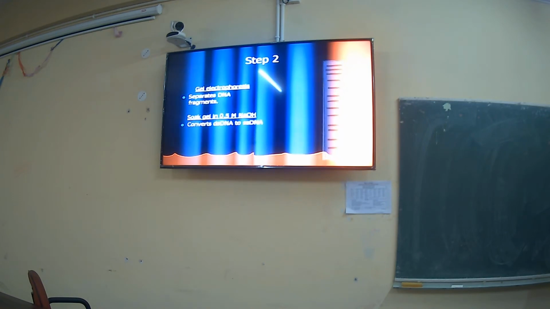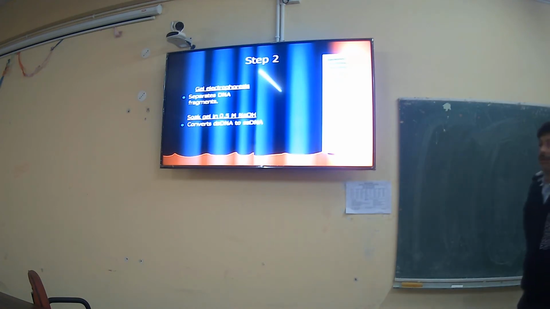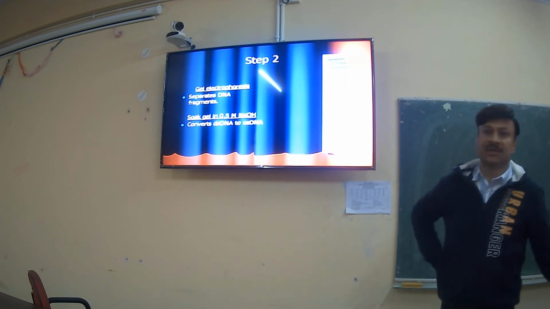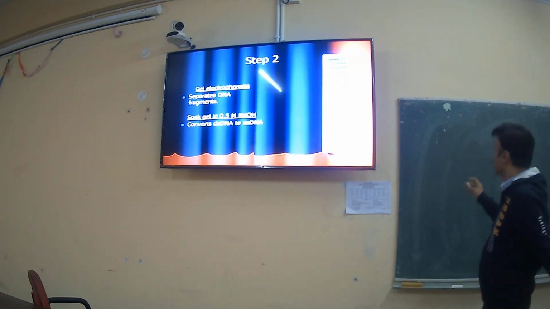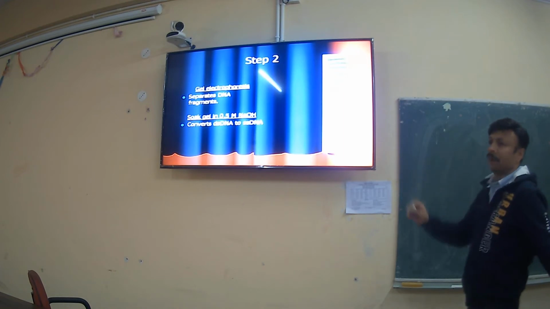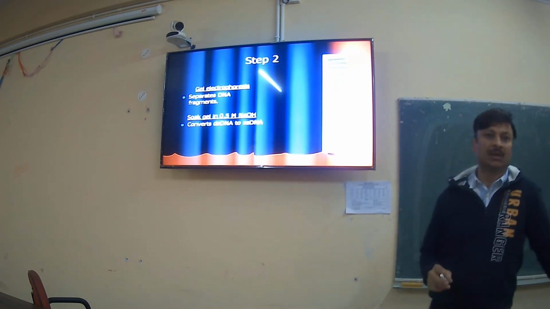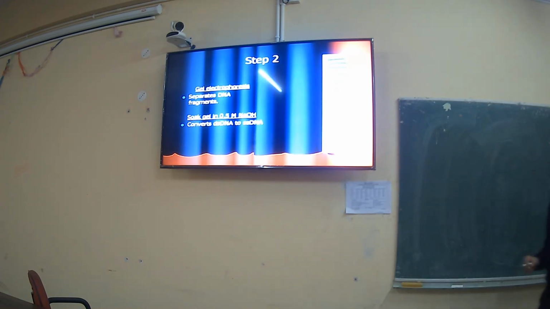Second, now we discuss elaborately that step 2 is gel electrophoresis, in which we have to separate the DNA fragments on the gel. So prior to electrophoresis, we make the RFLP fragments, and after separation, it will also be noted what type of fragments we have obtained after the restriction enzyme, because the percentage of agarose gel matters: what will be the most convenient percentage for the agarose gel in which you have to separate your DNA.